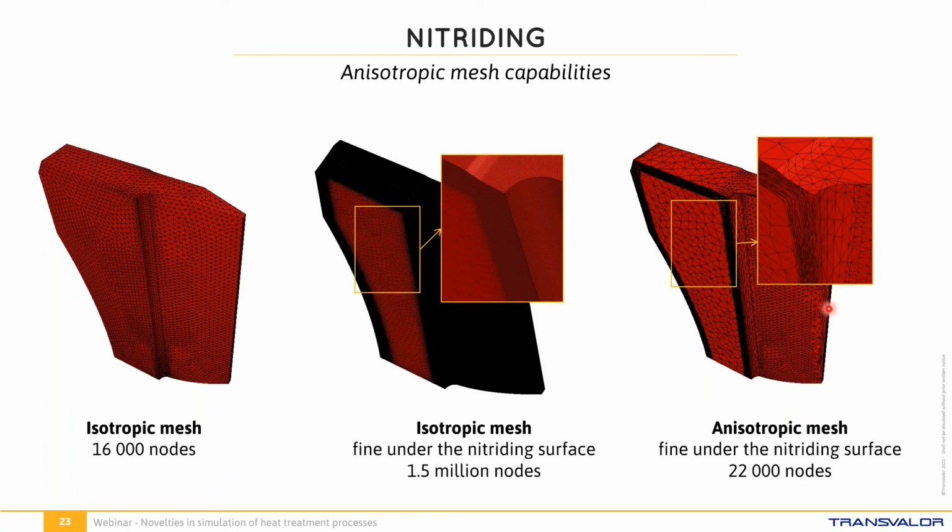The anisotropic remeshing offers a big advantage compared to isotropic remeshing. In fact, the same mesh size can be created in a specific direction, but with fewer nodes. For example, a mesh size of 0.05 mm can be reached with a total of 2,000 nodes. In comparison, 1.5 million nodes with an isotropic mesh are needed to obtain the same accuracy and the same precision.